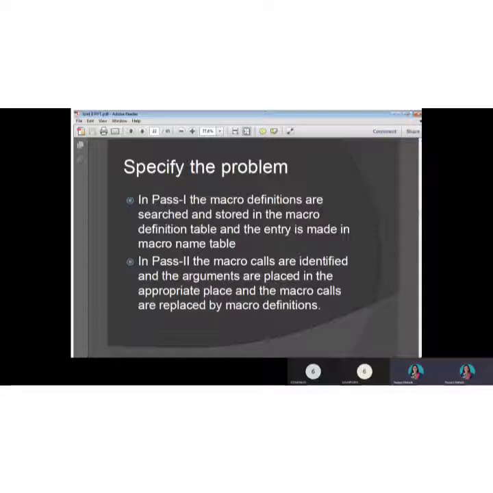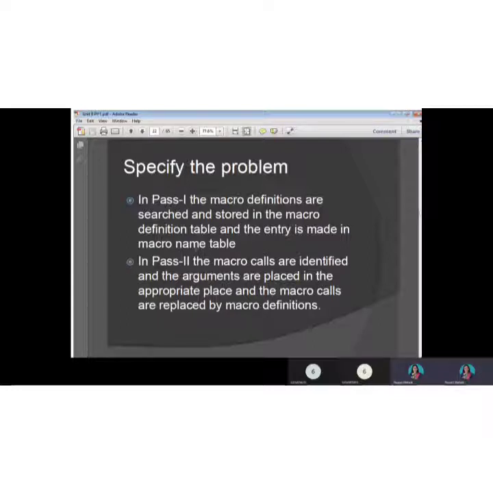And in first pass, the role of first pass is we need to find out all the macro definitions in our program and store those macro definitions in the macro definition table, which is also called MDT, and the entry is made in another table which is called the macro name table.